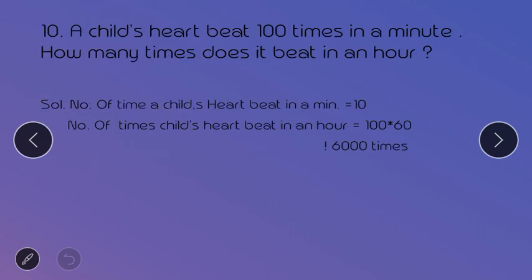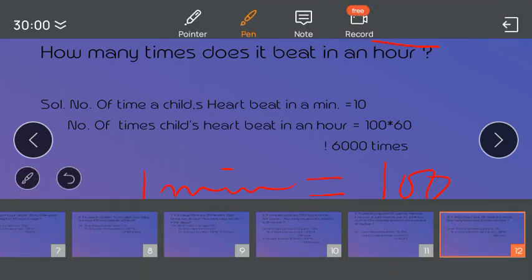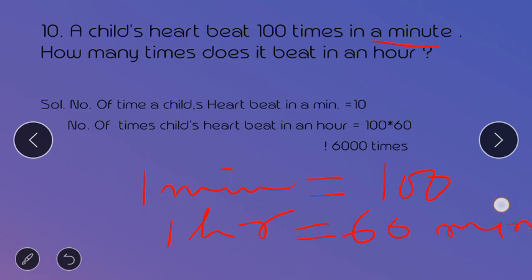Question number 10. A child's heart beats 100 times in a minute. In 1 minute, the child's heart beats 100 times. Then how many times does it beat in an hour? 1 hour is equal to 60 minutes, that you all have learnt in your previous classes. So how many times does it beat in an hour? An hour means 60 minutes. So 1 minute 100 times, then 60 minutes means